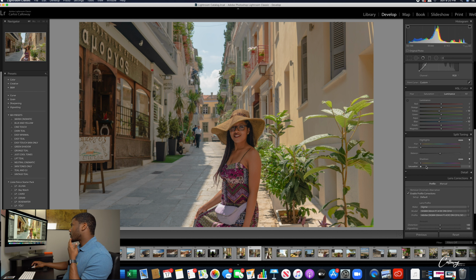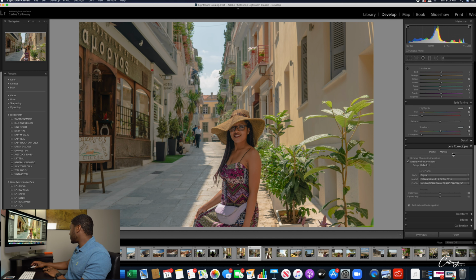So what I'm thinking about doing is making the highlights a little bit more orange maybe. Adding a little bit there, just a tad. And then the shadows, I probably want to give them more of a bluish tint. And I will do that, just a tad there. All right,